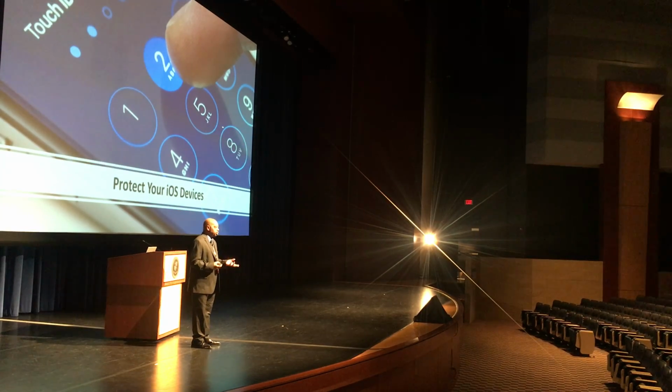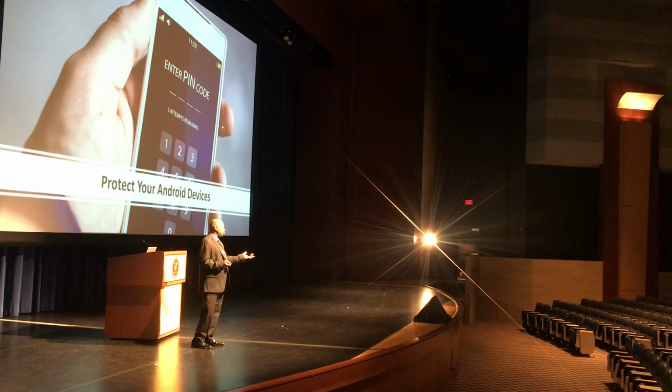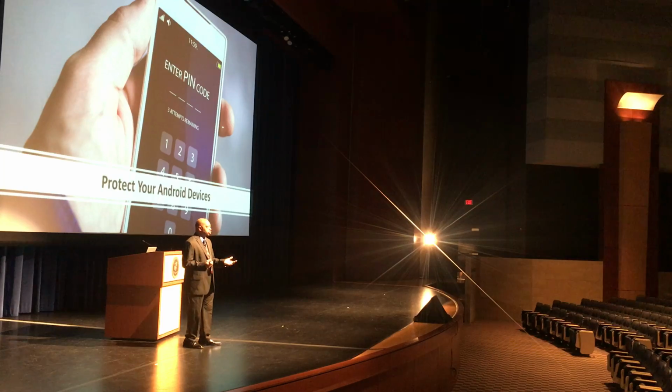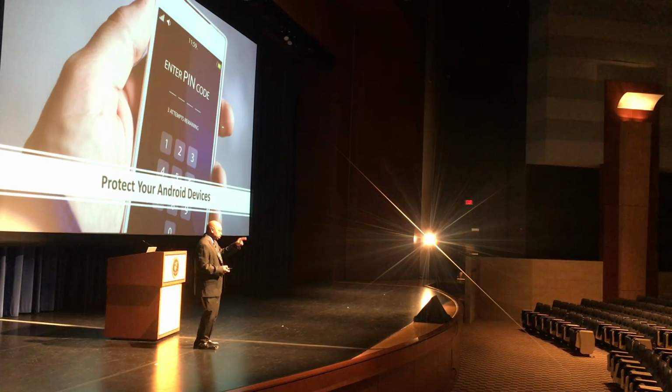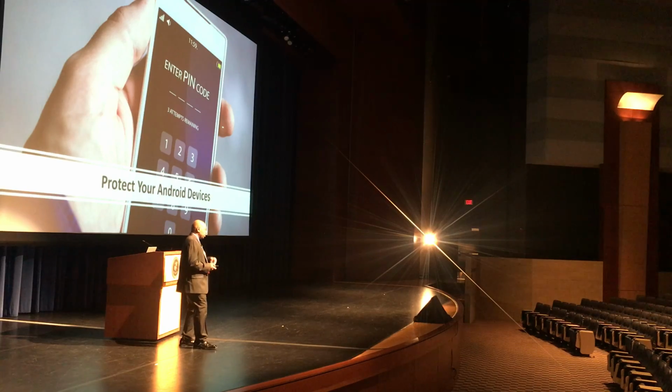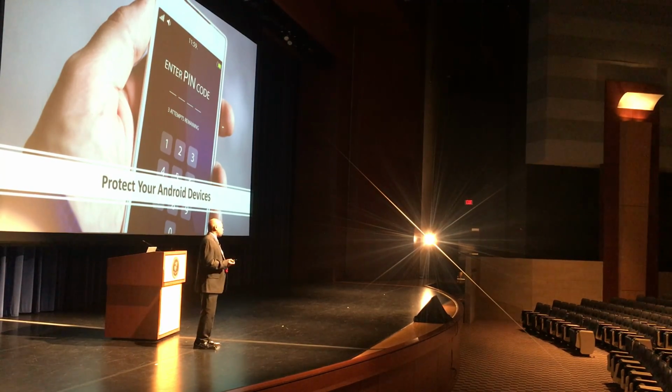So if you haven't put a password on your smartphone, if you're working mobile, you have more of an incentive to do it now, because if you lose your smart device, no one's going to be able to get into it. Same thing with your Android device. It's just a matter of putting a password on your Android device and your data is encrypted. Now, in some older Android devices, you do have to go into settings and turn on encryption, but on newer devices, it's just a matter of putting in a PIN or drawing a pattern with your finger, and it'll automatically encrypt that device. And it's important because we all keep our banking and other stuff on our smart devices,